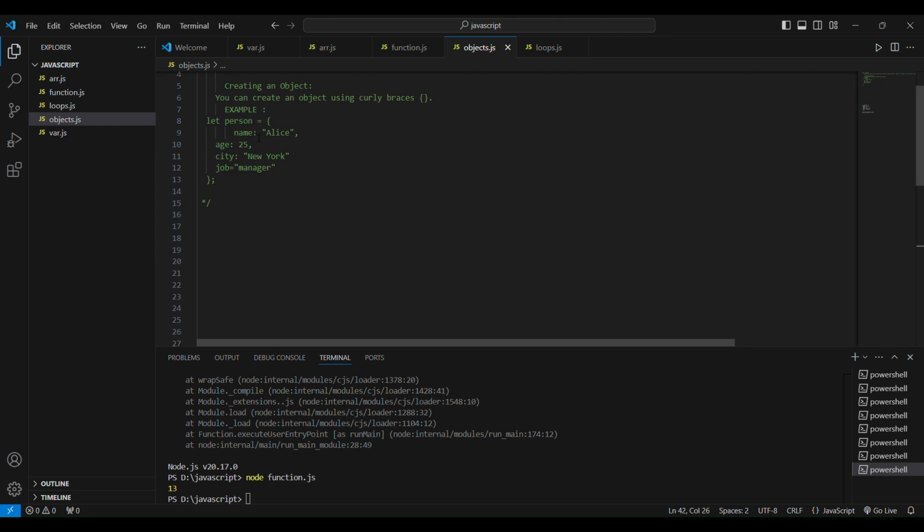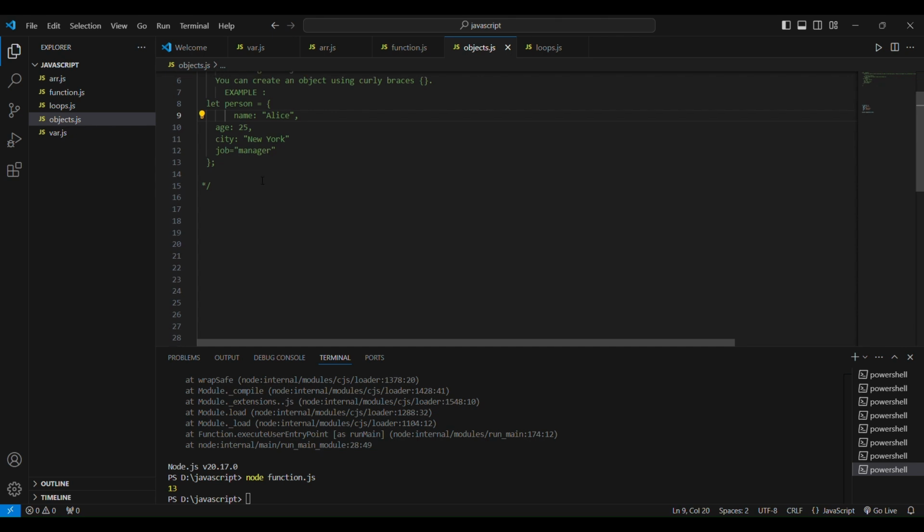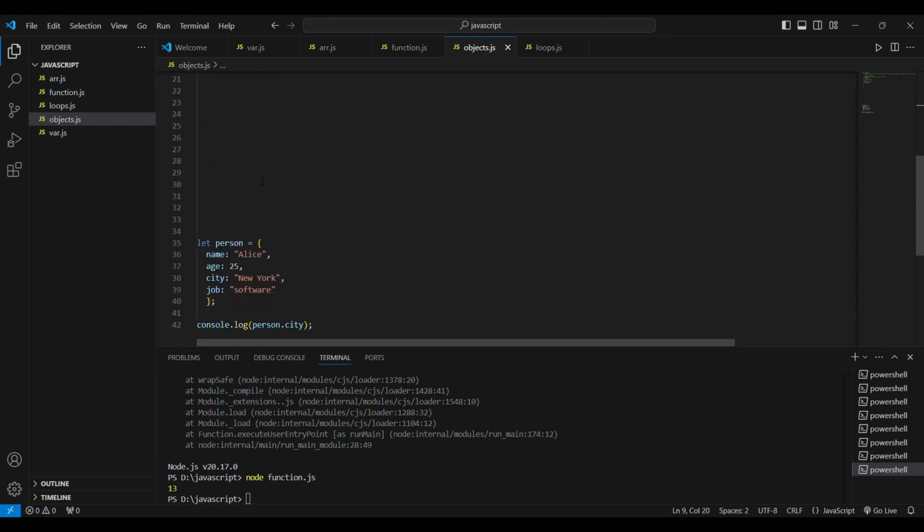Here name is a keyword and it was assigned the value Alice, and age is also a keyword, and city is also a keyword, and job is also a keyword, and those are assigned their respective values. And you can see an example now. As you can see